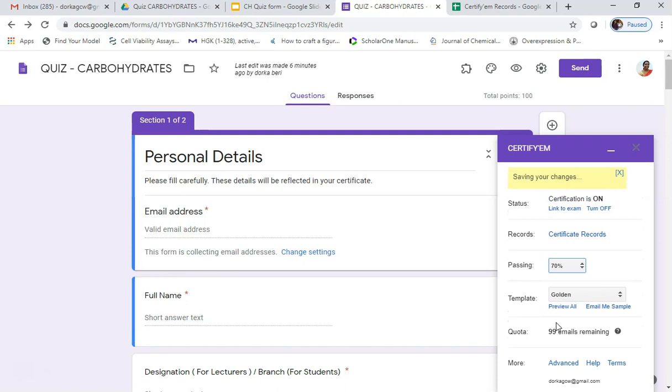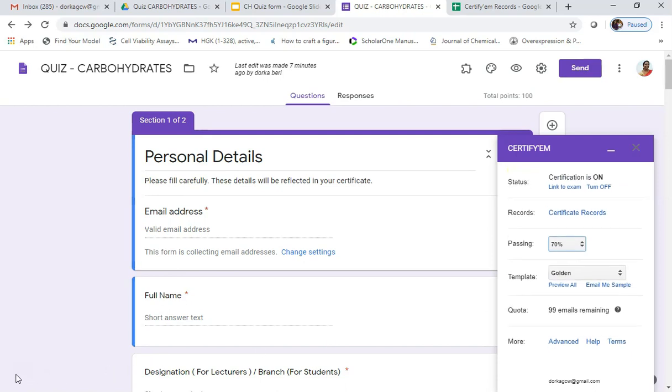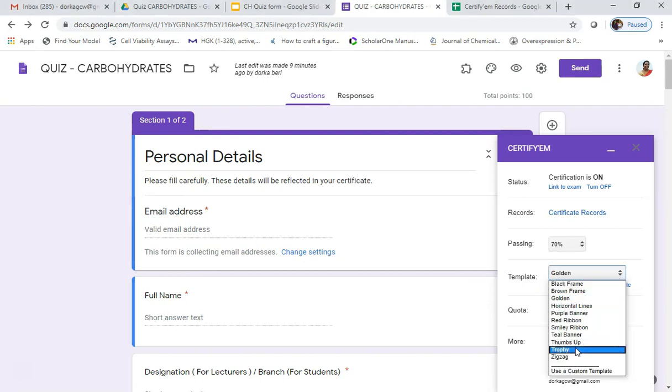Then here we will change the pass percentage to 70%. Then we will select the template, that is certificate, to attach to this Google form. It has pre-formed templates, zigzag, ribbon, like that. You can select any.